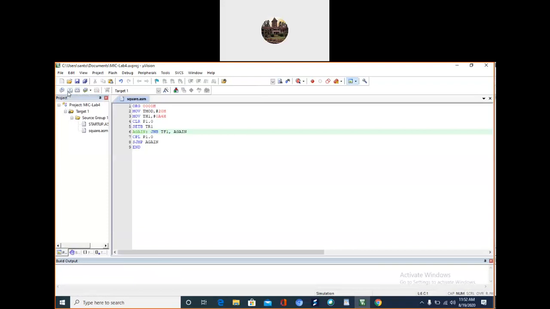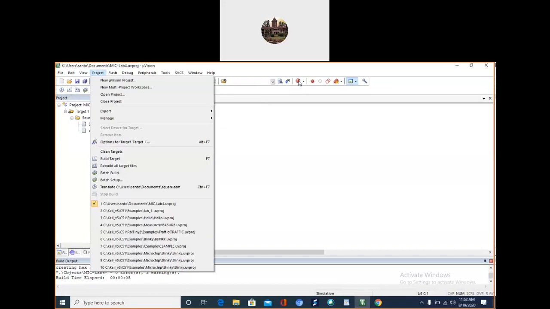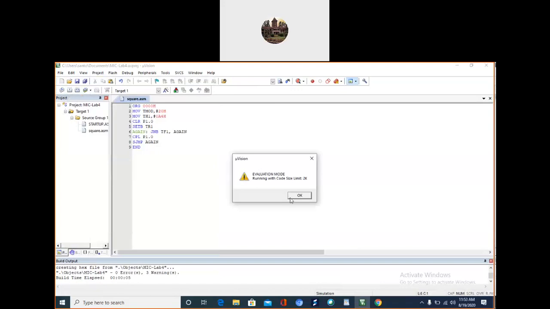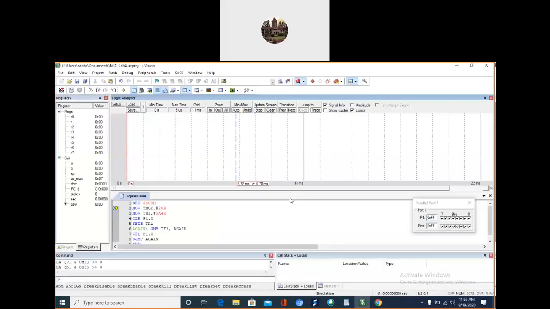Then go to build. Go for debug. So yeah, we have to go for the setup.